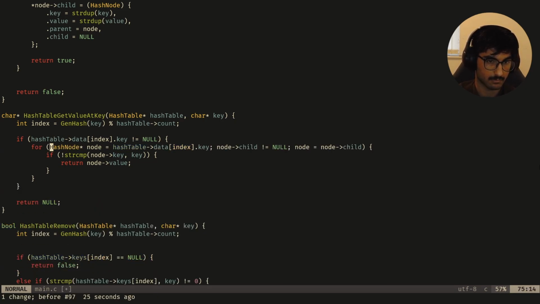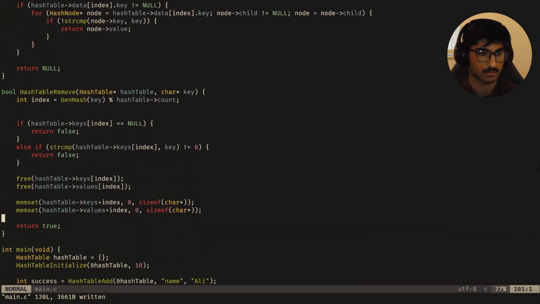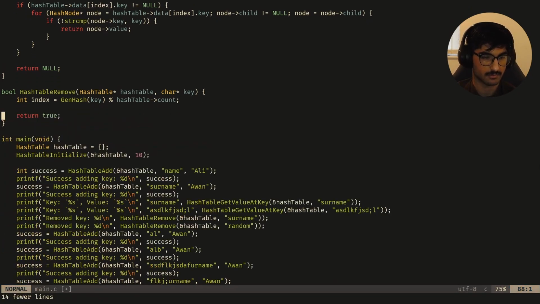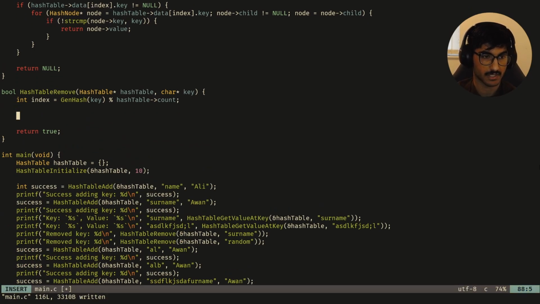So yeah, that's the current code. The last function you have to complete is the hash table remove function. Now I'm just going to get rid of all this code right now because we have to be very careful with our logic here. So there's three things that can happen when we're trying to remove a node from a hash table. Either A, we are trying to remove the first node in the hash table, in which case you